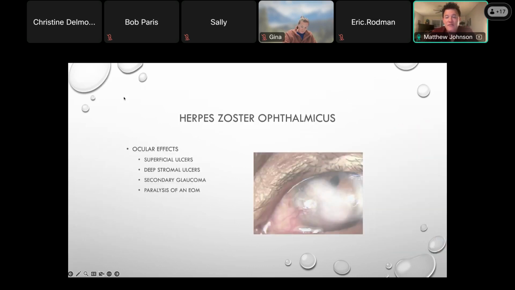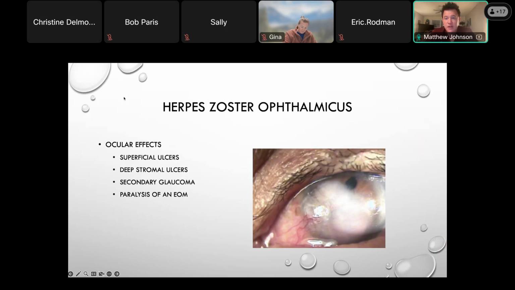So when you have it on the eye itself, you get these ulcers, these openings within the cornea. You get even deeper stromal ulcers. Because there's so much inflammation, you can get a secondary glaucoma. So you can get white blood cells that actually fill the aqueous humor, and that clogs the trabecular meshwork, which creates the eye pressure to go up because nothing can go out, but you're still cranking out the aqueous humor